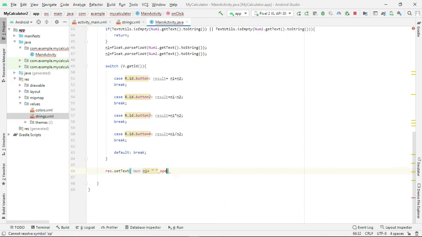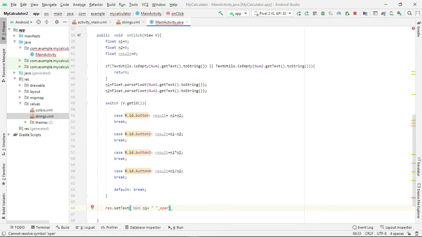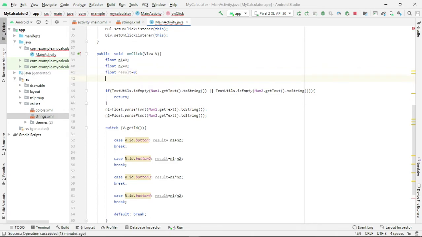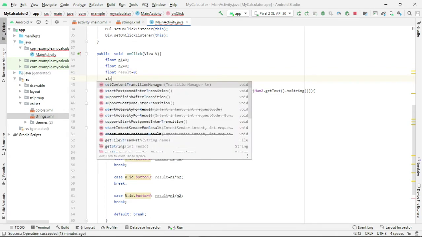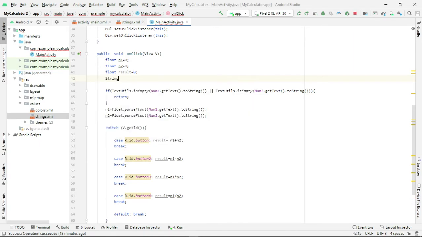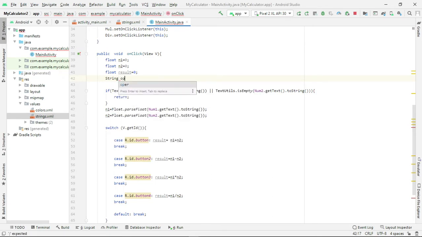Here I am going to display the operator. Let me define one variable called operator, OPER, of string type. String OPER.